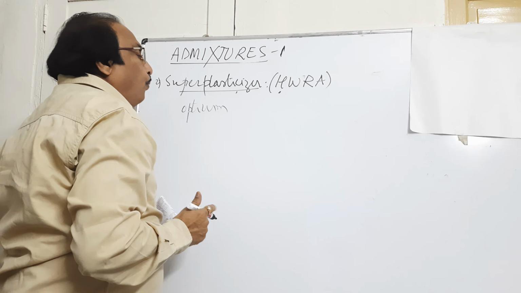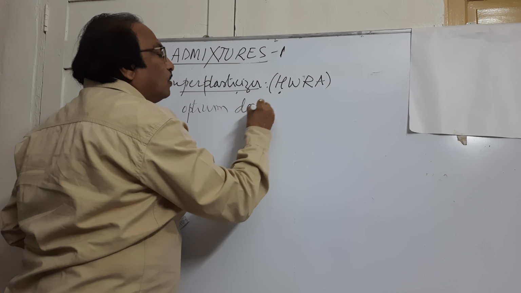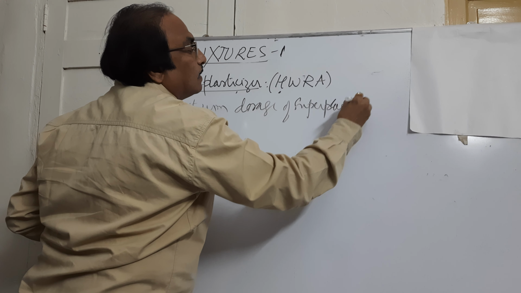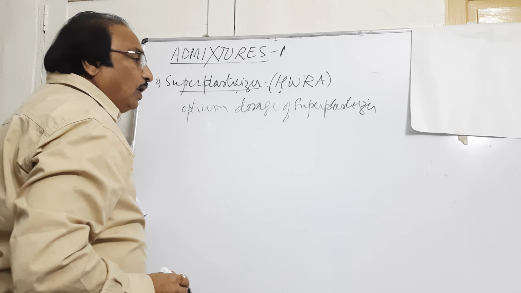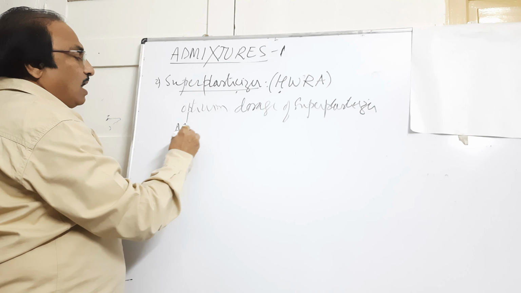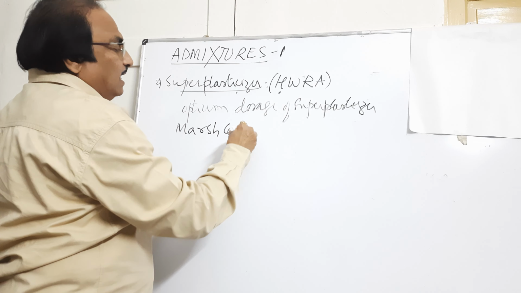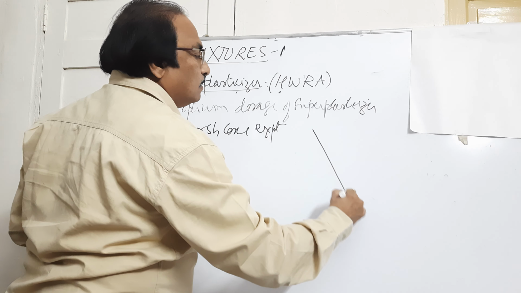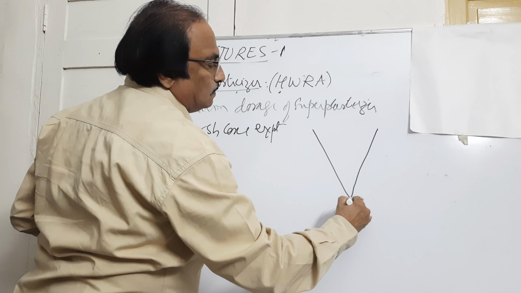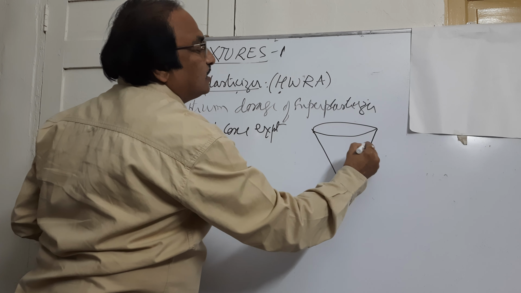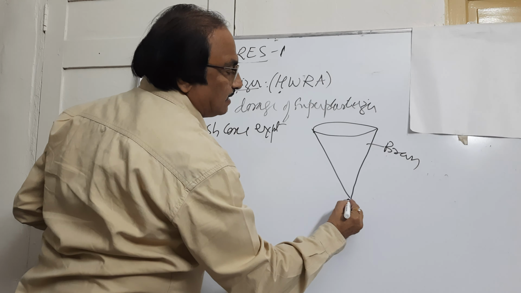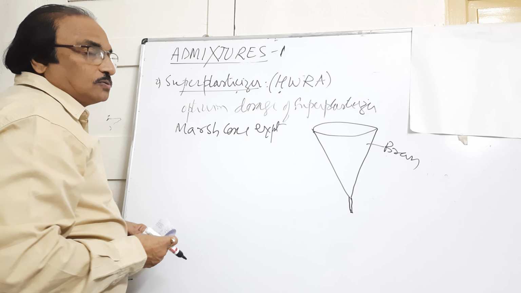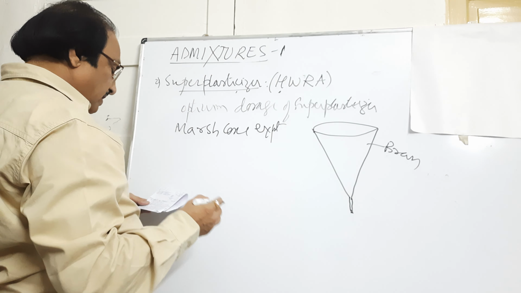Now here, for knowing the optimum dosage of superplasticizer, we conduct an experiment known as the Marsh cone experiment. Marsh cone, as the name itself indicates, is a cone. It is made up of brass, and at the bottom it has got a small opening. So to conduct this experiment, what we will do is, we will take cement,